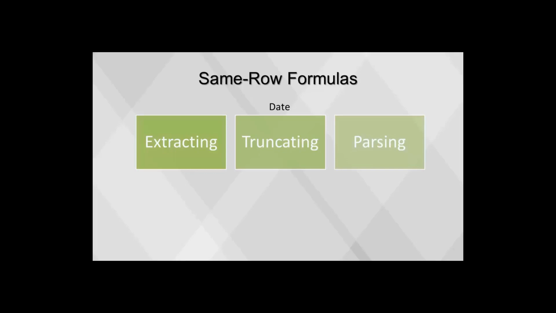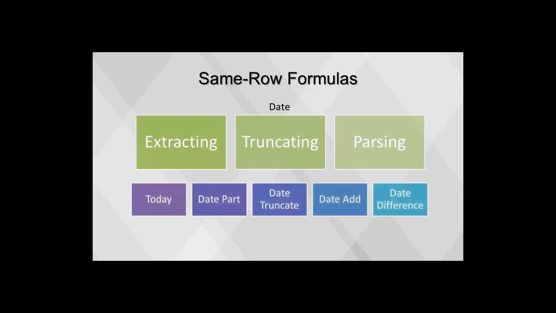The most heavily used date functions are today, used to get today's date; datepart, used to get a part of a date, for example, getting the month of a date will return the numeric value of the month; date truncate, which will return a date value at the beginning of a period specified, for example, truncating a date at the month level will return the first day of the month for the date; date add, which will add or subtract a certain number of periods to a date; and date difference, used to calculate the number of periods between two dates.